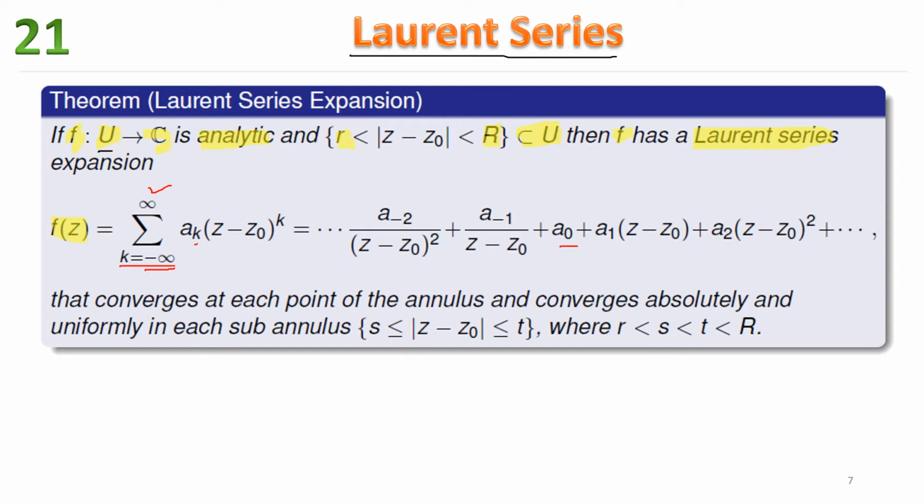When k is equal to 1, it will be a1 into (z minus z0) to the power 1. And so on. We can have a forward motion from this point and a backward motion from this point. A with suffix minus 1 into (z minus z0) to the power minus 1. So I'm writing it in the denominator, and so on. We can go on expanding. That converges at a point. Before that, I would like to state